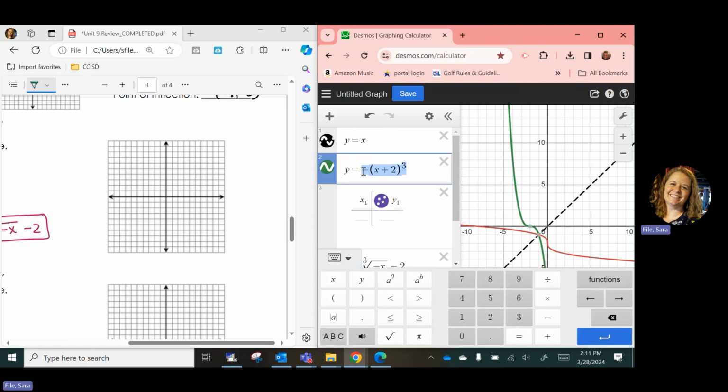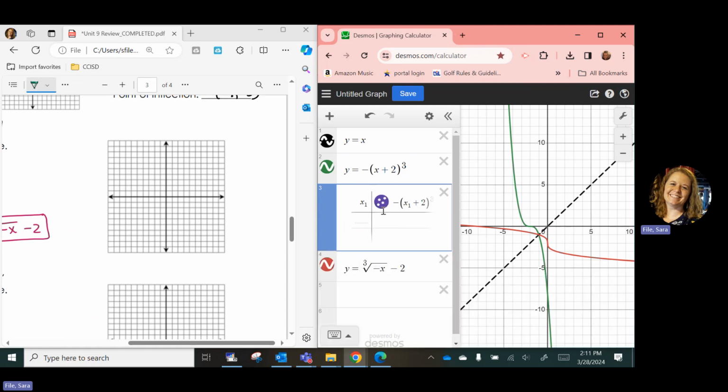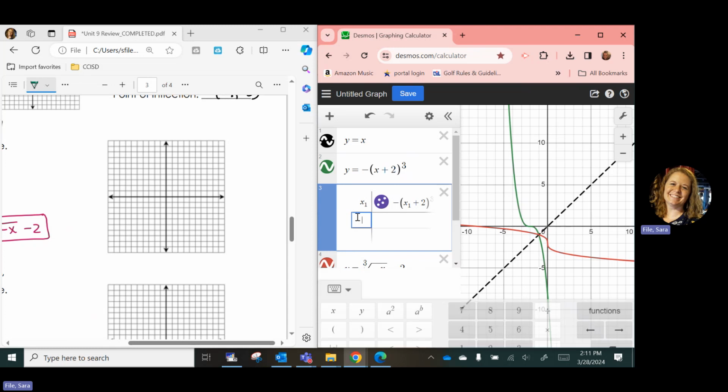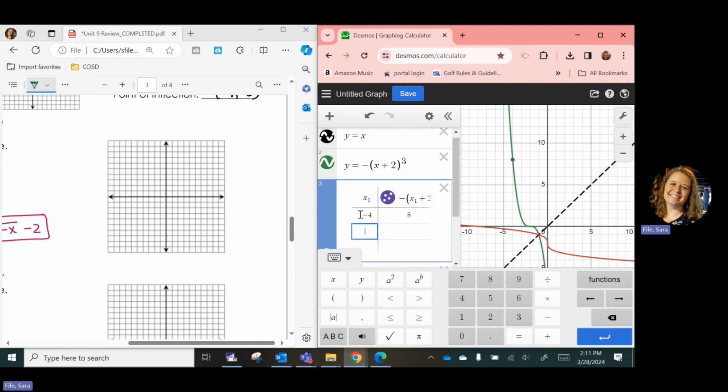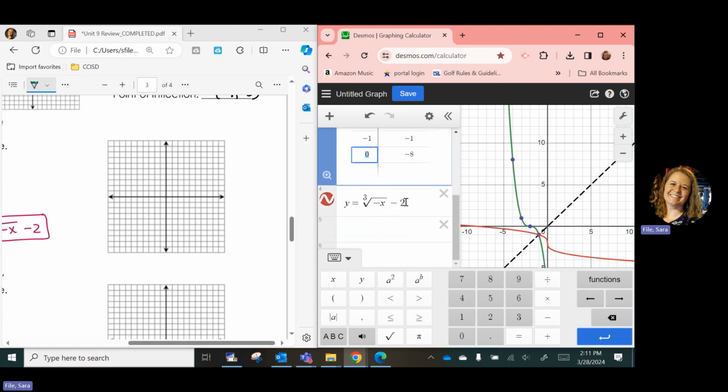And get that equation. I'm going to copy it and put it in here. The only thing is it needs to be x1. So after the x, put a 1, and it'll put that as a subscript. So you can make a table for that original equation and points you want to plot. So I want to plot something over negative 4, negative 3, etc. So there's some points you can plot for the original, and then you can do the same thing and make a table